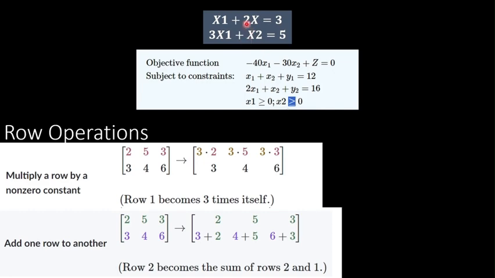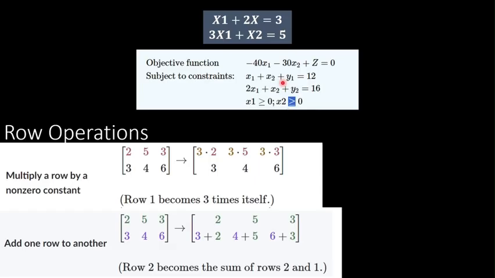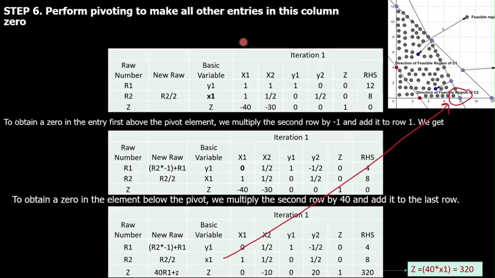These are the two elementary row operations. The first one is we can multiply any row in the tableau by a constant, because this is similar to multiplying the two sides of the equation by a constant, like we did here, multiplying by 3. As long as we multiply both sides, the equation is satisfied. The second row operation is, after we multiply, we add two rows together as we did here. We multiply the first equation by minus 3, and then we add the two equations together. Doing this,